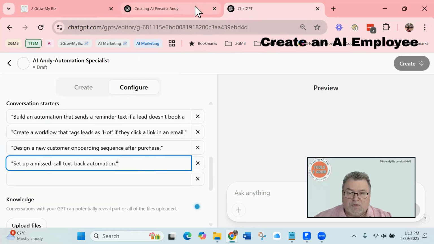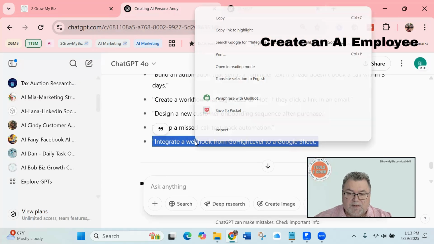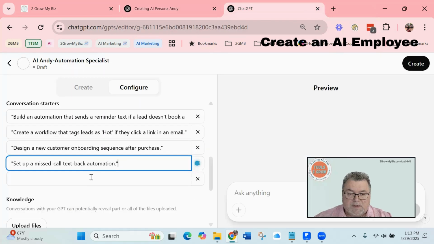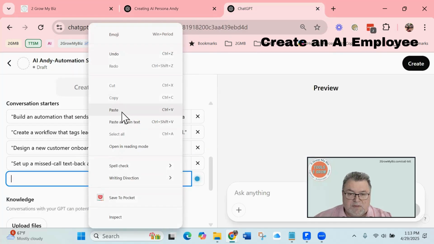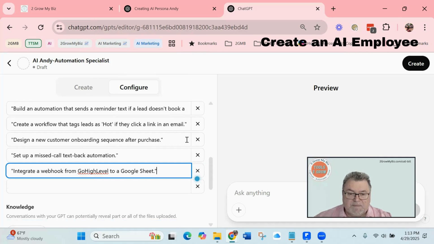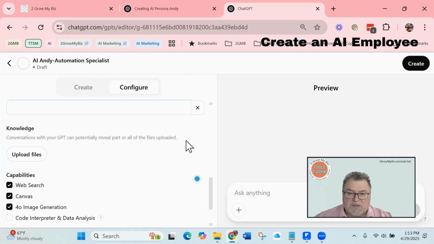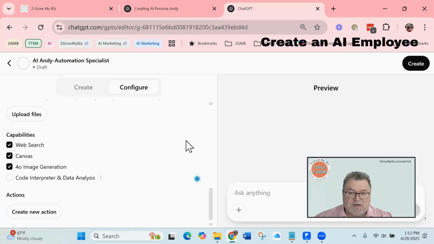And now one more. Okay, here's the last one. And now we paste. Knowledge. If you have a document that has all this, which I could have put in a document and uploaded, but I did not. So now we're going to create